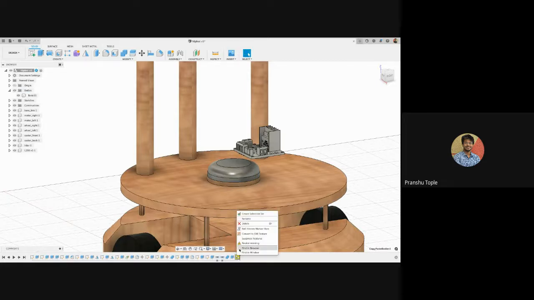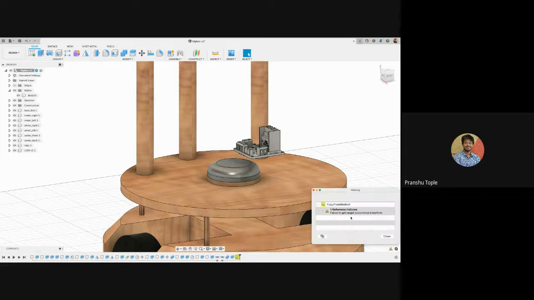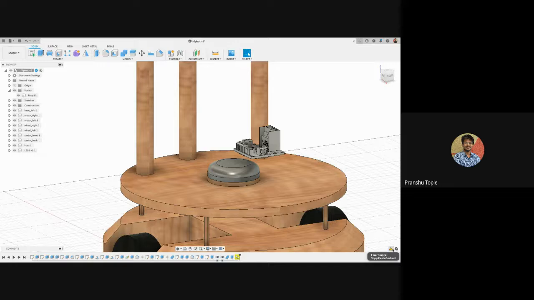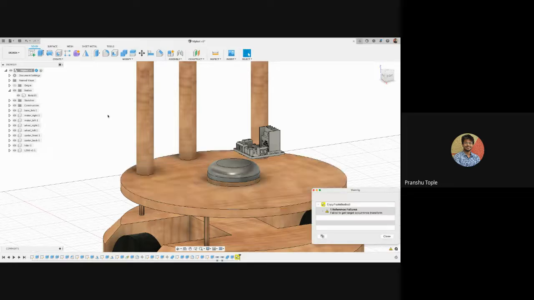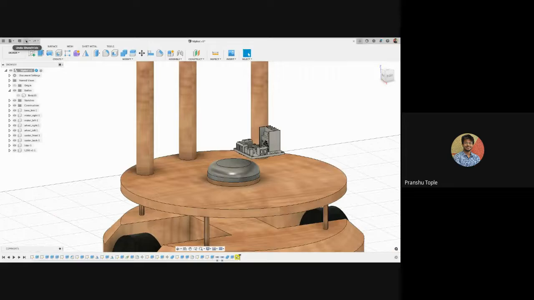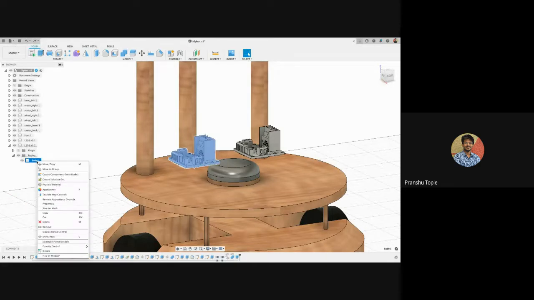Okay, copy pasted body, review warning. Wait a minute. Okay, wait. I will undo it because the actual component is removed. So even here, the copies were also removed. So I will get back. I will undo it. Yes, I have now undone.